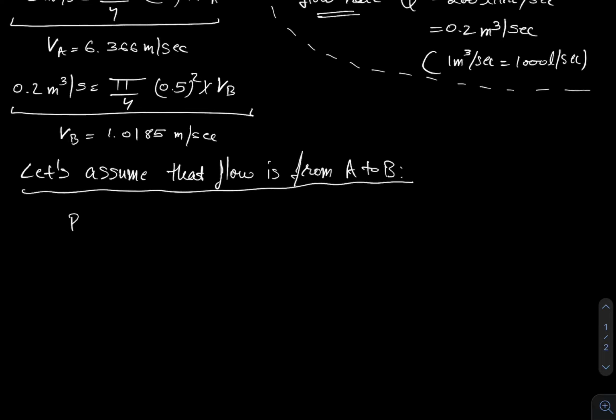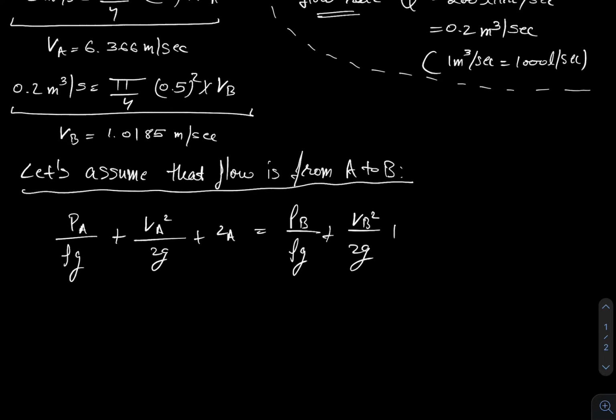Bernoulli's equation was PA upon rho g plus VA square upon 2g plus ZA is equal to PB upon rho g plus VB square upon 2g plus ZB plus, as I am writing this equation for real situation,